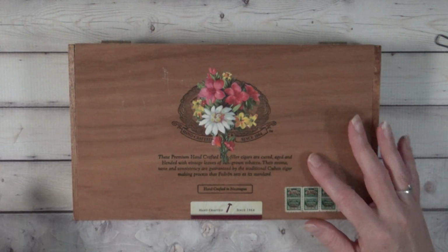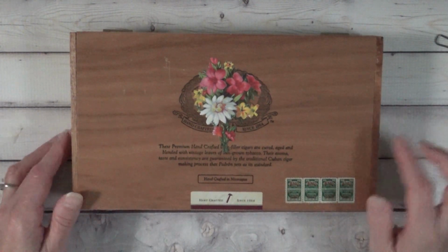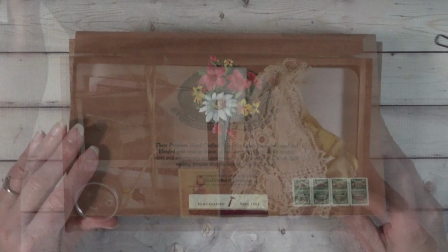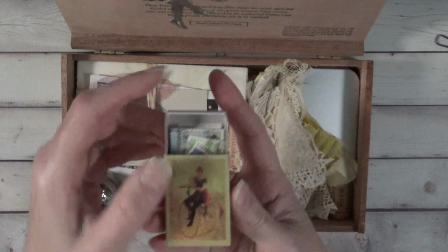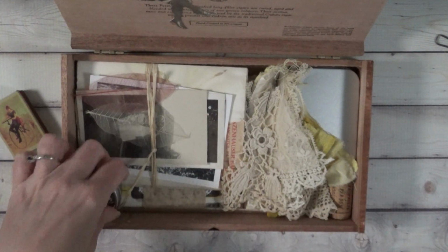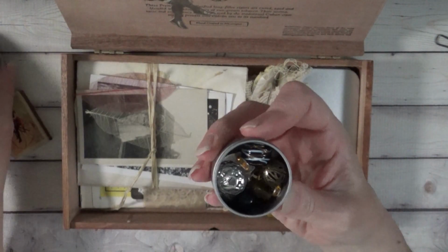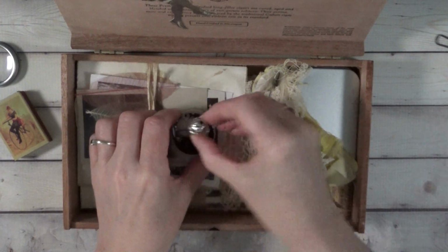Next 3 items are these treasure boxes that I've made out of cigar boxes. There's a little bit of collage on these, and then I've filled them with some great little goodies to make journals with. So inside I've got a little matchbox filled with postage stamps. Then I have a small tin, and this one here has some metal and glass beads. And then in the bottom,